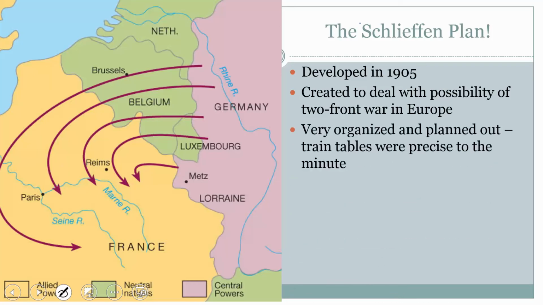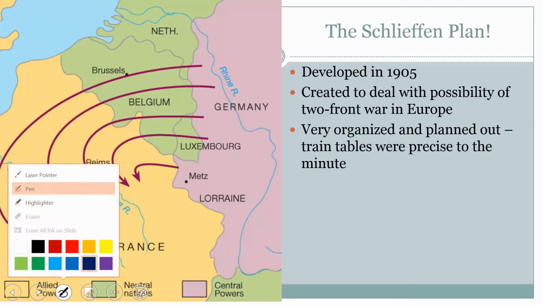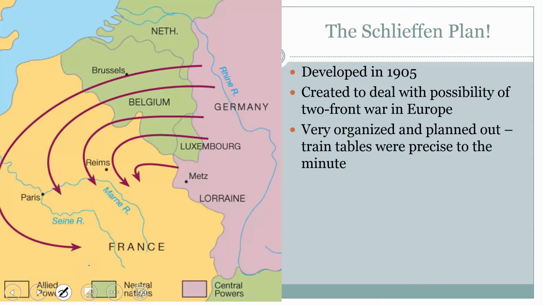So they come up with this insanely organized plan where the railroads were timed down to the minute. Once they said go, it was just like all trains were going and they were going to attack. And the idea was that Germany couldn't attack France directly because the bulk of the French forces were here along the border with Germany. So Germany knows that if they attack in this way, they're going to hit the bulk